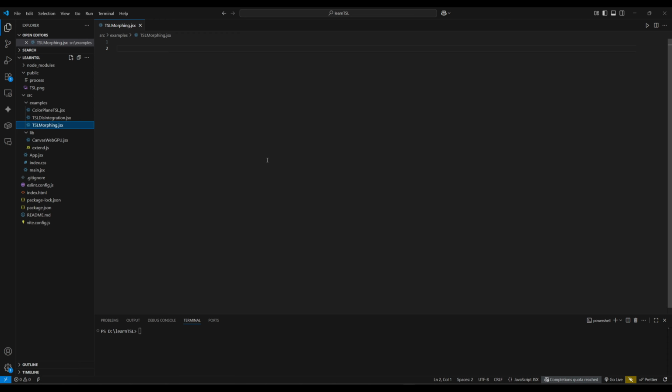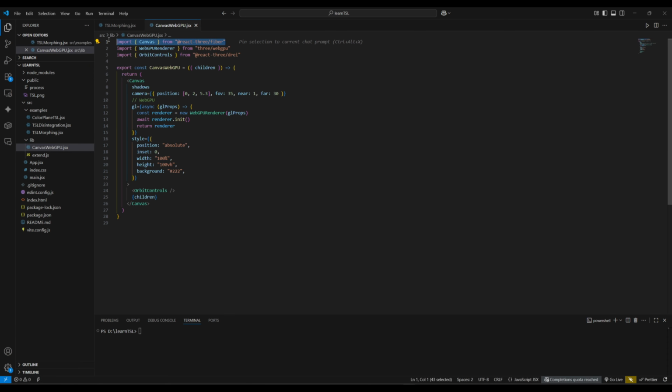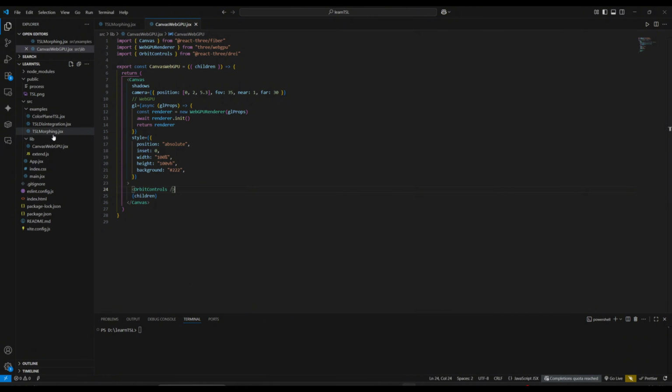I've prepared a Canvas WebGPU component in advance. This component encapsulates the canvas from R3F, specifies the WebGPU renderer, and includes a built-in default camera, orbit controls, and a dark background. The advantage of this is that we can reuse it in every new project, without having to write this repetitive boilerplate code each time. Alright, let's get back to